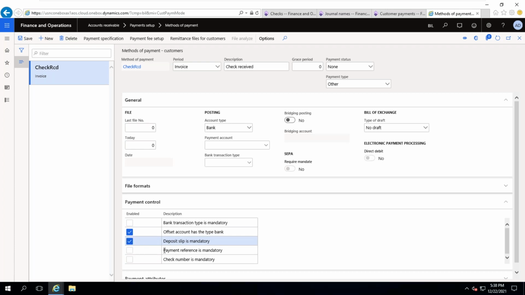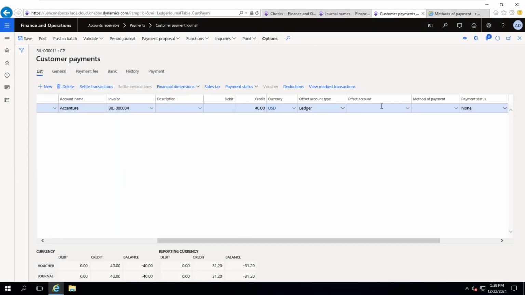Deposit slip is mandatory and payment reference is mandatory. I have enabled these three checkboxes. One is offset account type bank. Next one is deposit slip is mandatory. Payment reference is mandatory. Then here, if you select method of payment check,